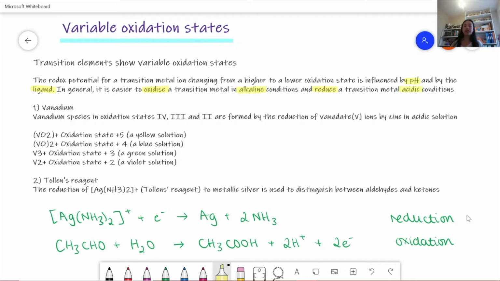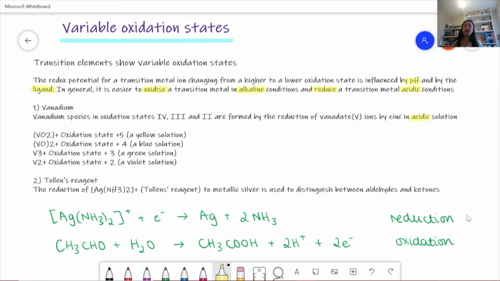So vanadium species can be found in oxidation states 4, 3, and 2, and they're formed by the reduction of vanadate 5 ions by zinc in acidic solution. And so first we have VO2+, which has an oxidation state of +5, and this is a yellow solution. Then we have VO2+, which has an oxidation state, well, the vanadium has an oxidation state of +4, and that's